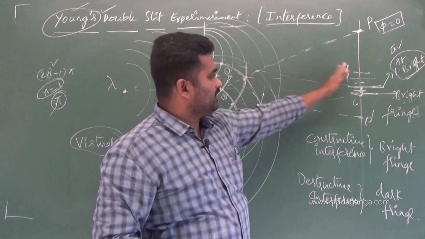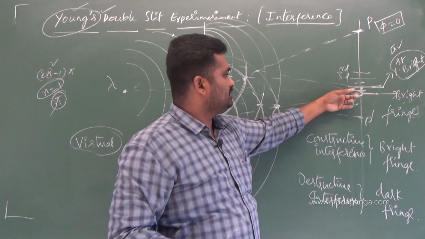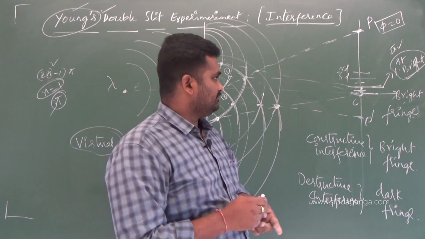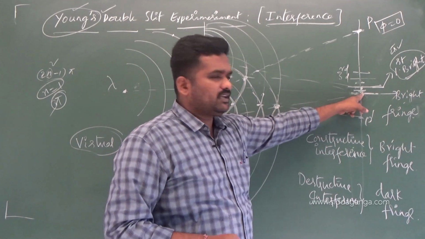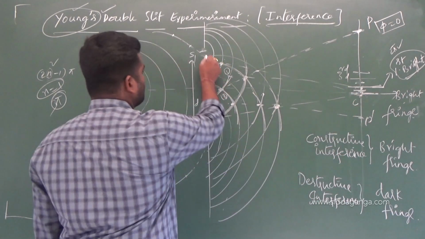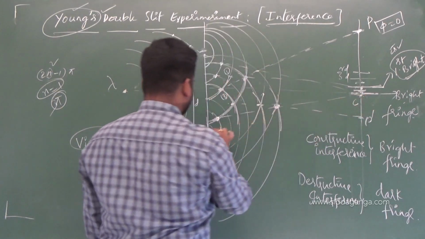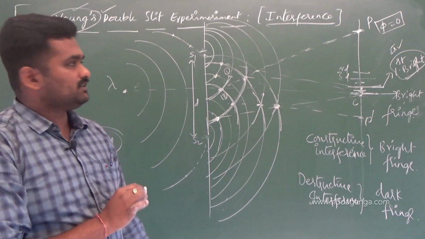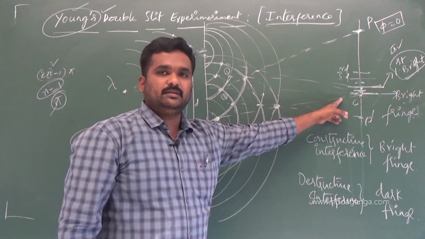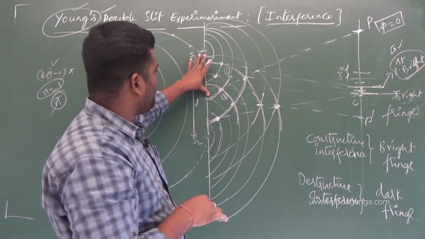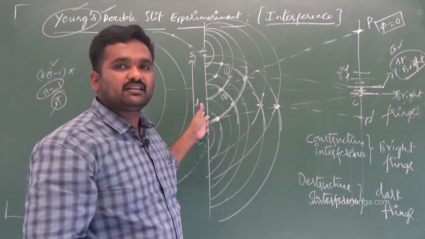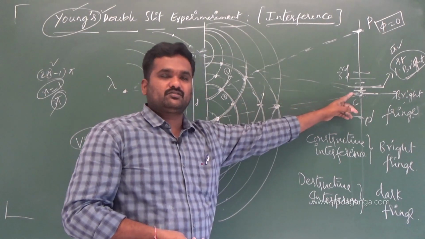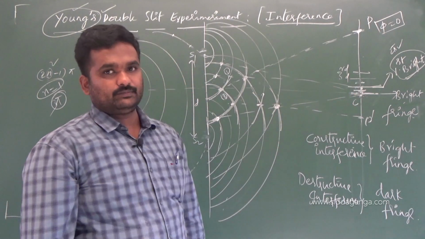He obtained the equations correspondingly, stating what the phase should be and what the path difference should be. Regarding the path difference, the distance from slit S1 to C and from S2 to C is the same. The distance is the same, so no extra path is traveled and the path difference is 0. So obviously the phase difference between the two waves superposing at that point will be 0.